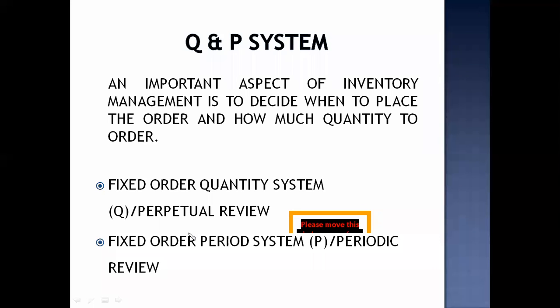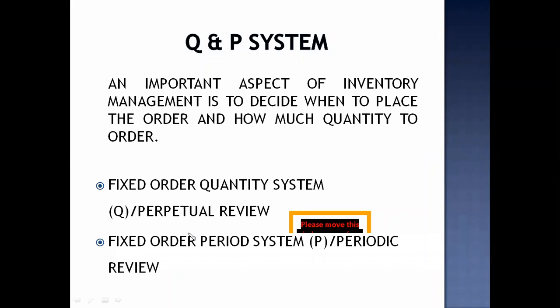Some firms place the order in the first week of every month. For example, August first week I am placing the order. Next September first week I will place the order. Then October first week. That same pattern some companies will be following. Sometimes it could be in another way. Sometimes it will be July last week, then August last week, September last week. So that is when to place the order, the time of placing the order. That is one way of placing the order.